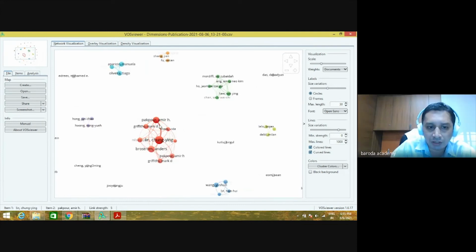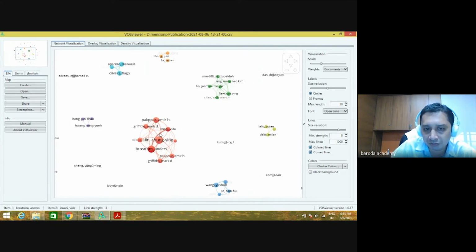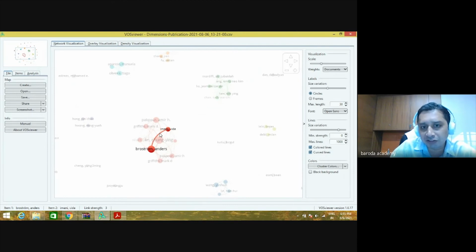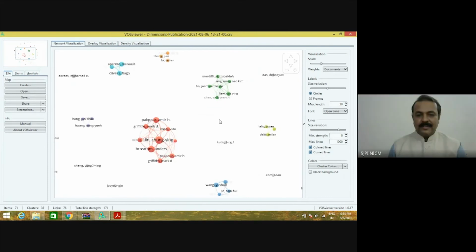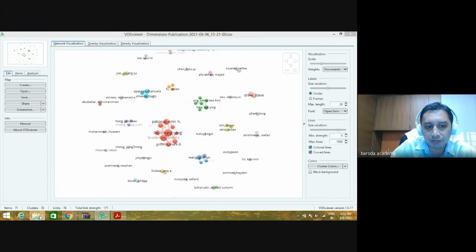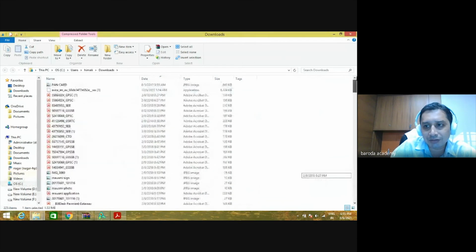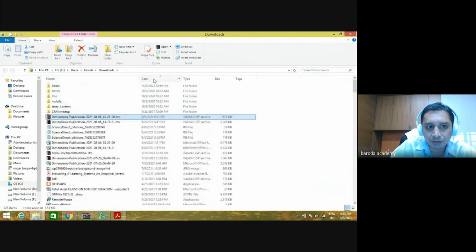Correct. Yes, sir. And if you see on the basis of link strength, there is a lot of co-authorship between Lee Chung Ying and Pek Amir. So the link strength will give how many times they are associated. In the group of results which we have selected, it is specific to that only. Correct. As we have selected co-authorship, it has given us that result. Now let us select some other